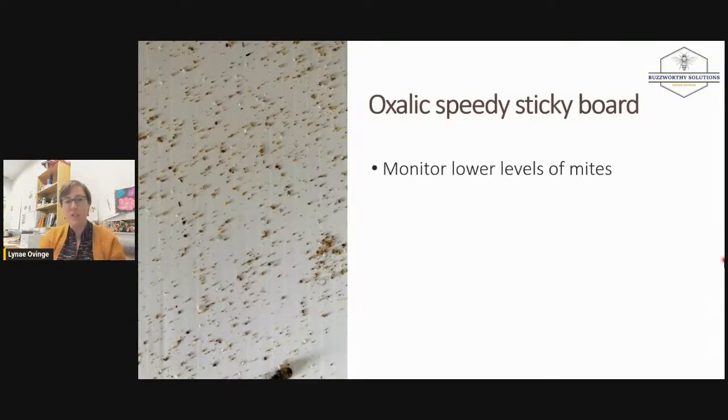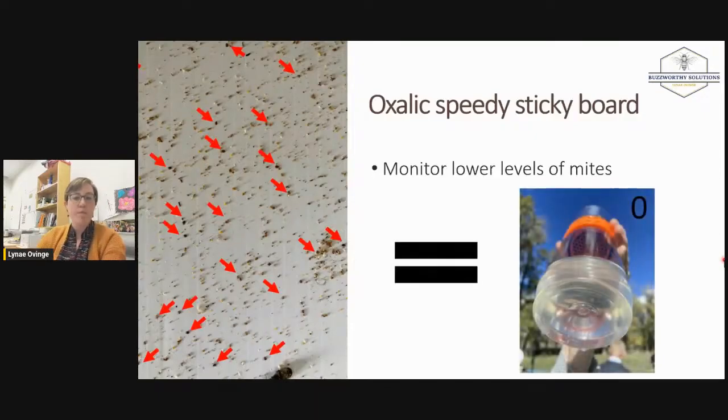And the thing I want to point out is that it's really useful when you need to monitor lower levels of mites, okay? So this is a lower one, and those are all the mites we see. I think I counted 21 or something. And this came from a hive that had a Varroa shake of 0. And this is a problem I get as a researcher. I'm trying to do research and I'm getting a ton of zeros, and comparing zeros to each other doesn't work in research. But by using this, we can really start to monitor those lower levels of mites that we're wanting to keep back to keep our mite populations as low as possible. So they could use this tool to do it before and after Apivar and see how that worked.